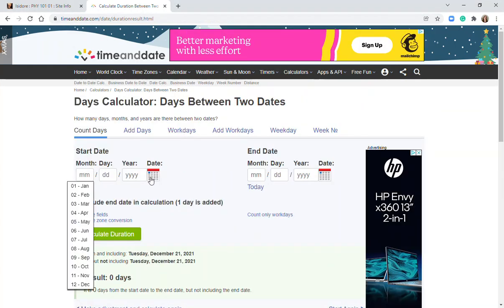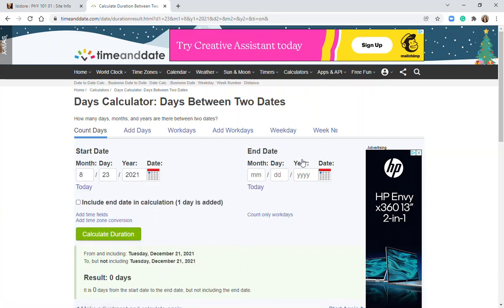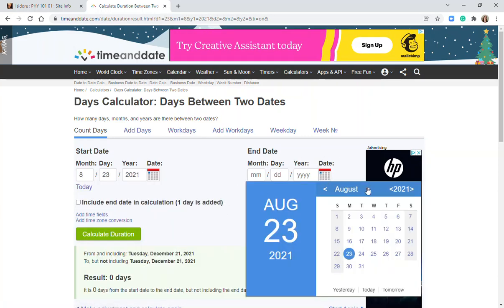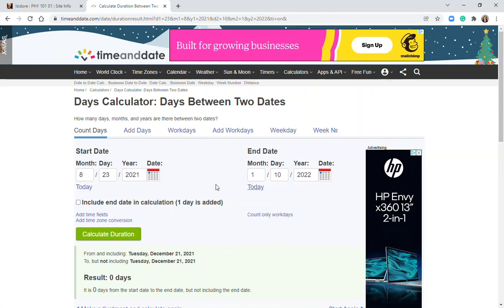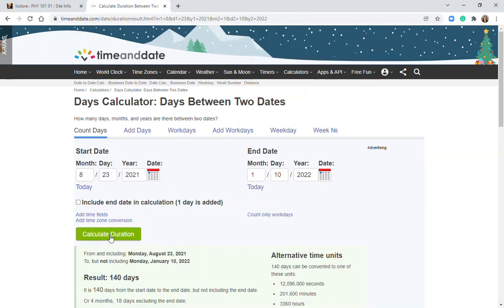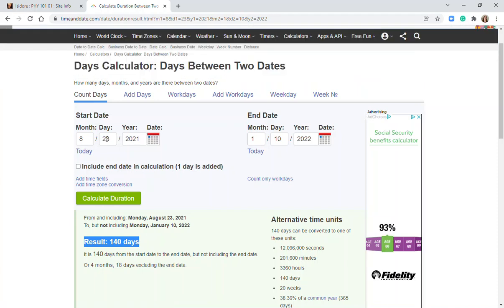So I'm going to click on the calendar tool here to just pop it back to August 23rd. And then I'll do the same thing for the end date, which is going to be January 10th. I'm not going to choose this include end date in calculation. I'm not going to pick that. And then I'm just going to press calculate duration, and it tells me that it's 140 days from August 23rd